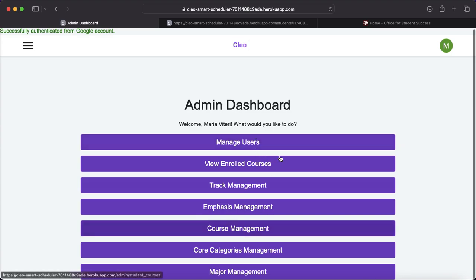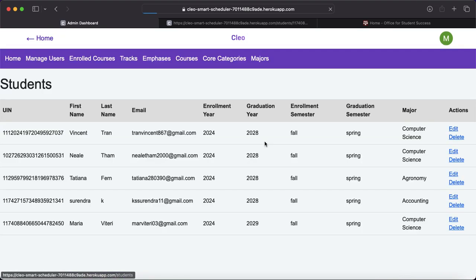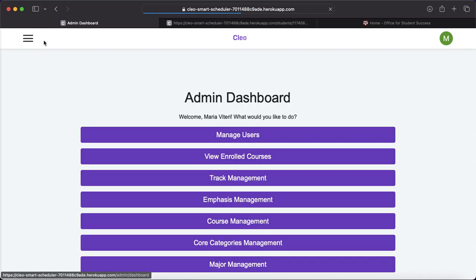We have many more tabs here for management, and we can start with managing users. These are the current users in our database that have signed up with our app. We can edit their information as well as delete them entirely from our database. Okay, and we can go back